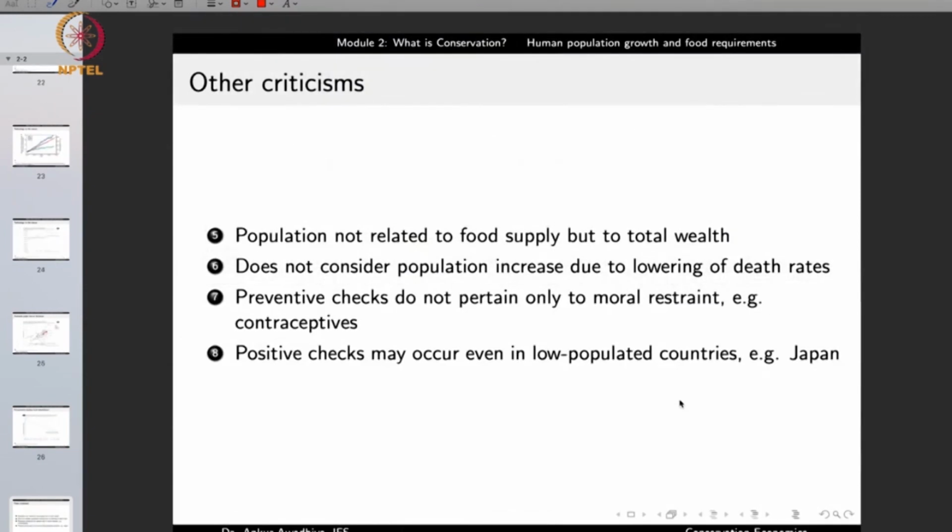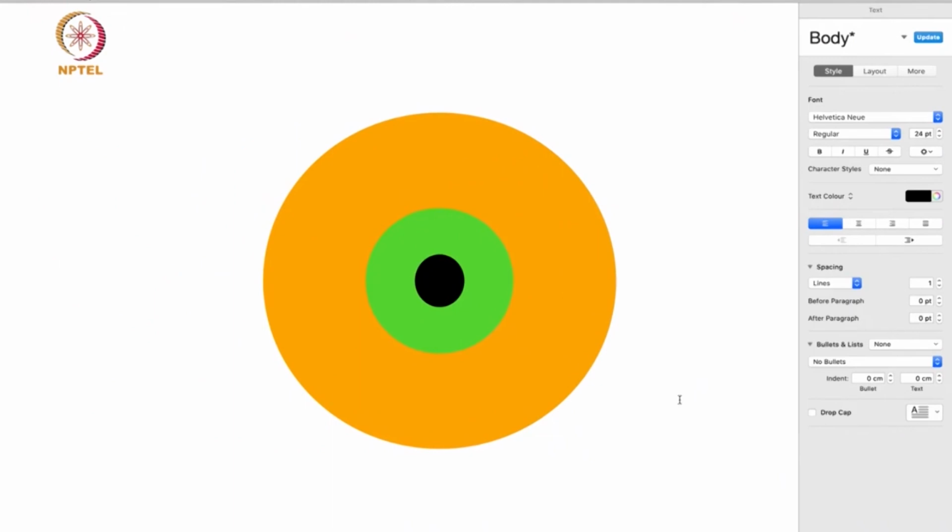Another criticism that these days we are putting into the Malthusian theory is that the population is not related to food supply but to total wealth. What we mean by that is that if you consider a society and as the wealth increases,